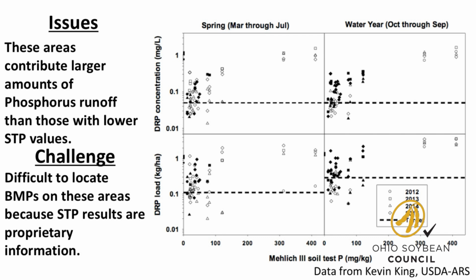And on the top part of this graph is DRP concentration. If you look at the very bottom of the graph is your Mehlich-3 soil test phosphorus, ranging from 0 up to more than 400. So if you look at the top, that's DRP concentration, and the top left is spring. The top right is looking across the water year. The main point is that once you move past 100 Mehlich-3 phosphorus values, you see that those DRP concentrations